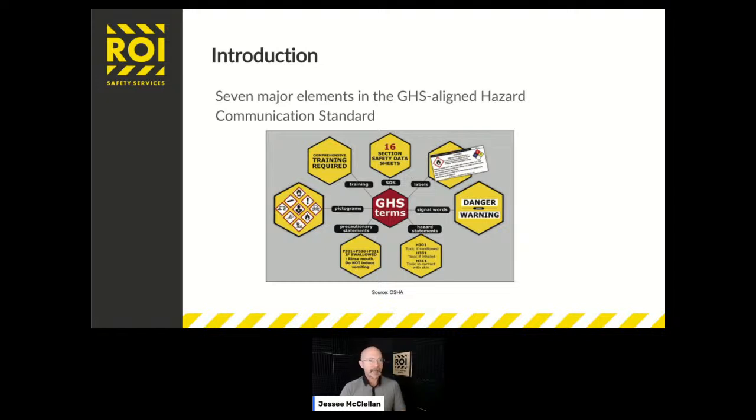I don't see this having any impact in today's industries in terms of not being compliant. Very rarely do I have an issue with this, but we are required to have GHS HAZCOM material in the workplace. So that means you have to have the pictograms, the safety data sheets, and you have to have the training. This absolutely doesn't exempt anybody. So there's no, oh, I don't have to do this because I only have 3 people. You have to do this if you have just one person. You need to be compliant with this requirement.